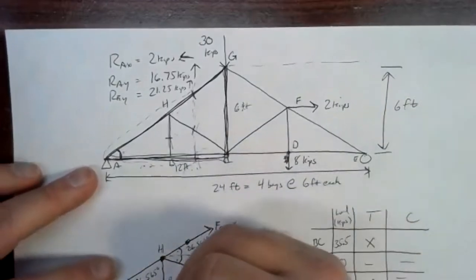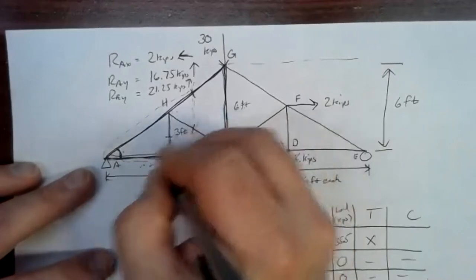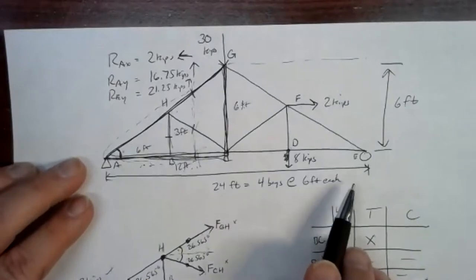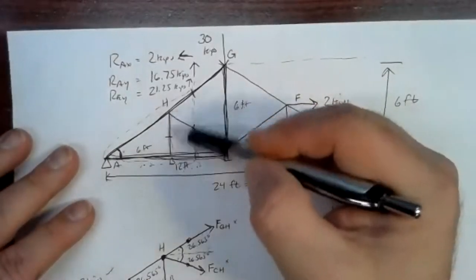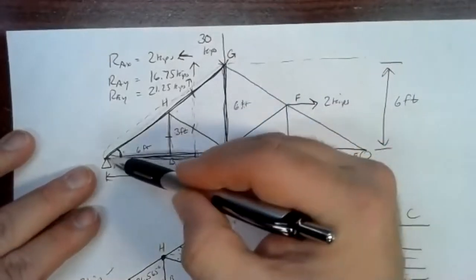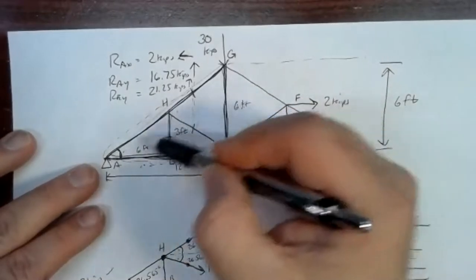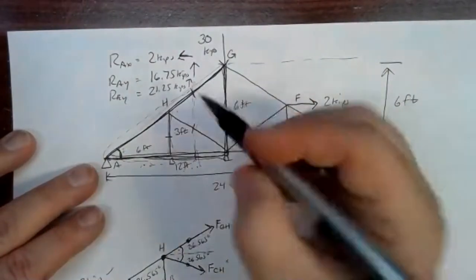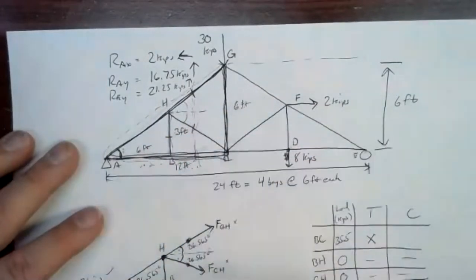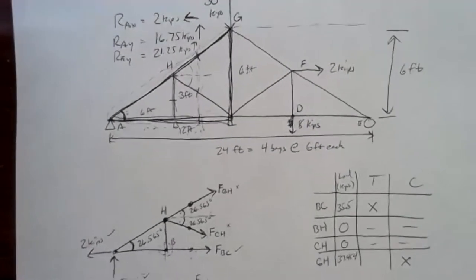gives me 26.565. Now, you could have also done the same here, saying this is 3 feet and this is 6 feet. As I said, there were 4 bays at 6 feet each. And it's not too hard to argue that since you've got the same slope here, if you go halfway from joint A toward the middle, you'd have to go halfway up too. So it's 6 feet and 3 feet, same angle. And then do you have more of a question as to how these two angles came in? Nope, I just needed the start. Thanks. All right. Any other questions?